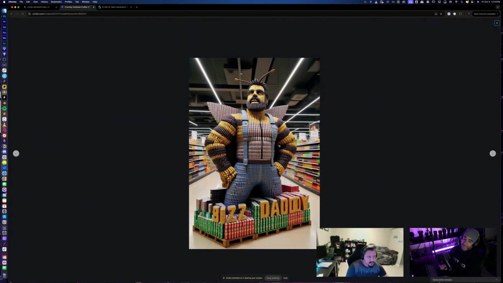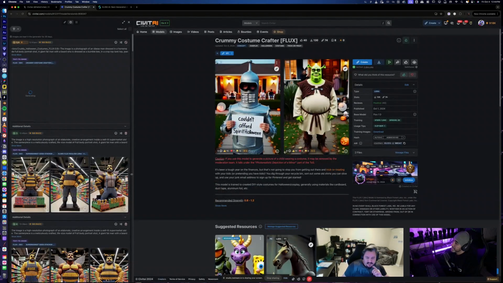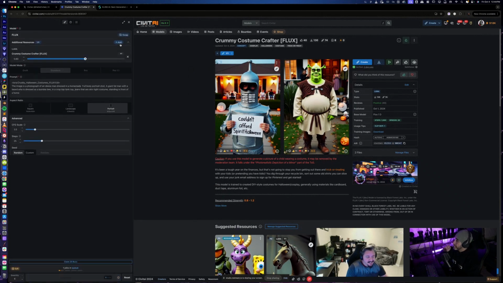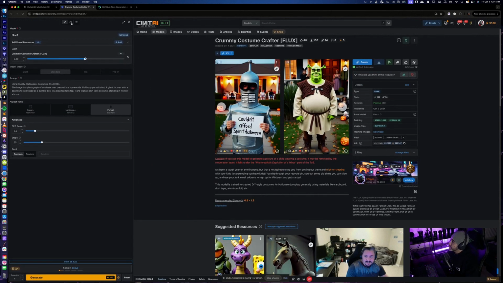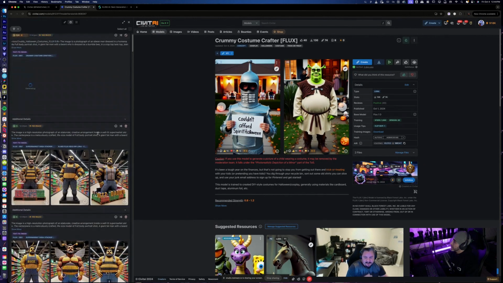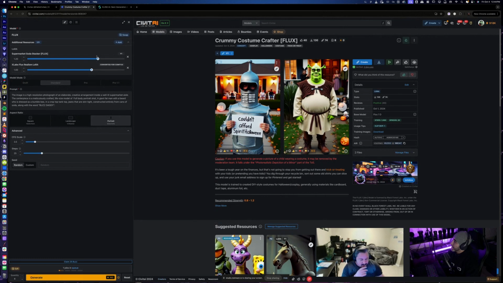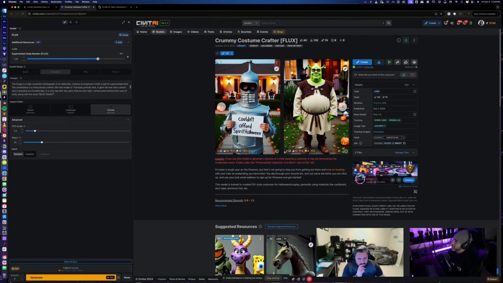Dude, it almost got the Buzz Daddy made of cans. It almost got the lettering on there. And you might have to turn it down a little bit for certain things like text or a different background. Like I tried making that one dimly lit, and it's dimly lit, but it's not showing a back alley. It's showing a grocery store still. Yeah, so that one too. There's certain things you might need to turn down in order to make that work. That one too, I tried just to see what happened to combine it with the realism LoRA.